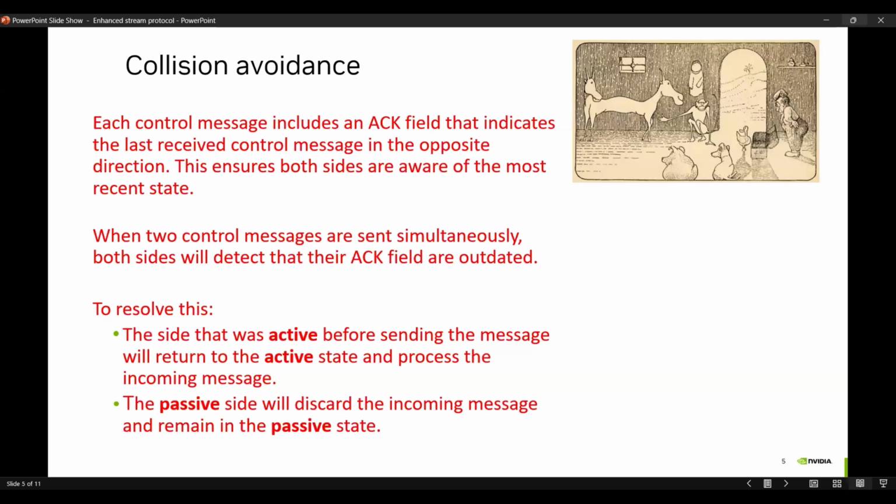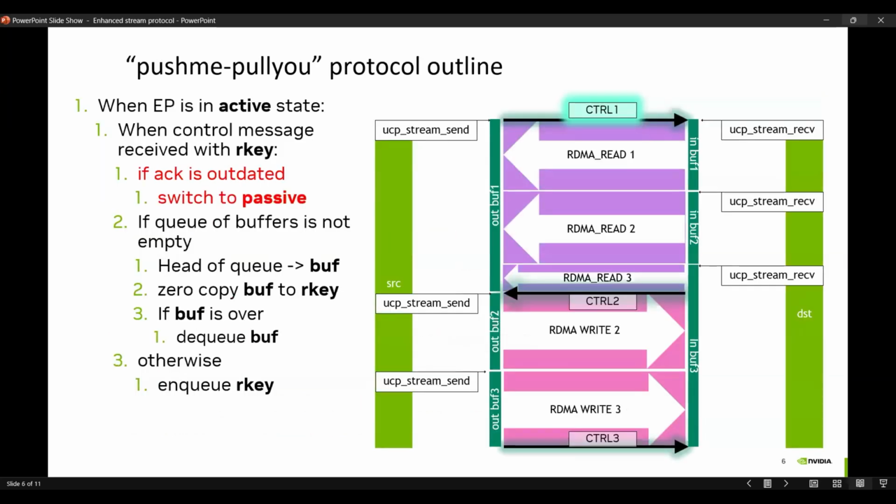This is the idea. This is the explanation about collision avoidance. But probably to make things more clear, I could show something like a protocol outline to explain, and later I will return and explain why collision may happen, and how it may be avoided. Okay, so let's